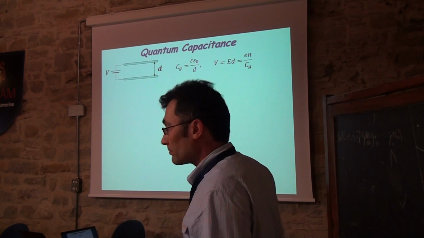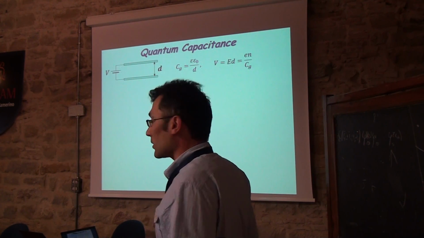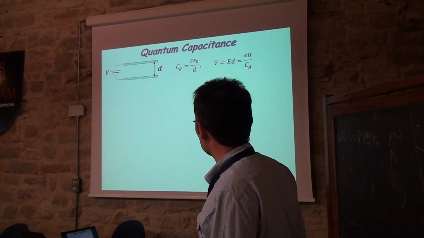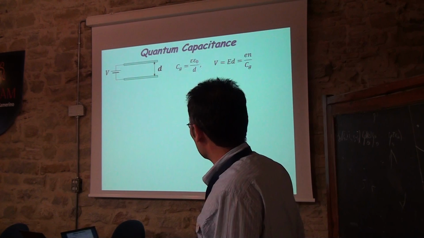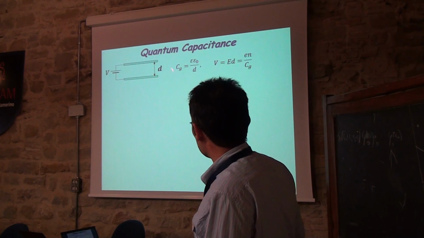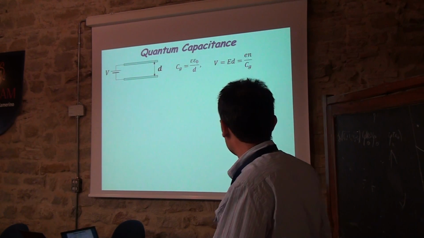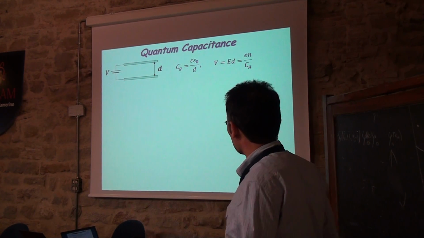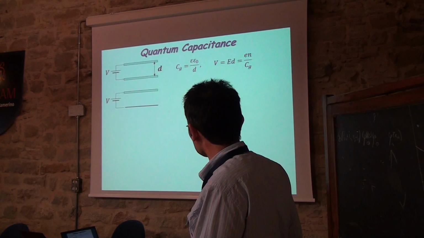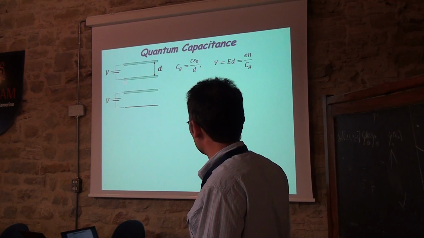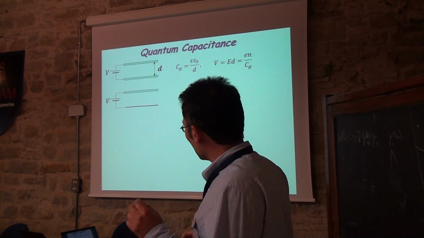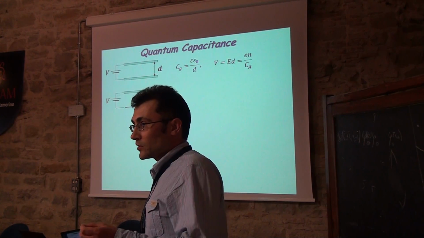Here I will just briefly explain what it is. So this is a normal capacitor. If we have two metallic plates separated by distance d, the capacitance per unit area is given by this simple formula, and voltage is proportional to the density of electrons, the density of charge carriers in each layer. You know that. If one of the metallic plates is replaced with material with low density of states, like graphite,